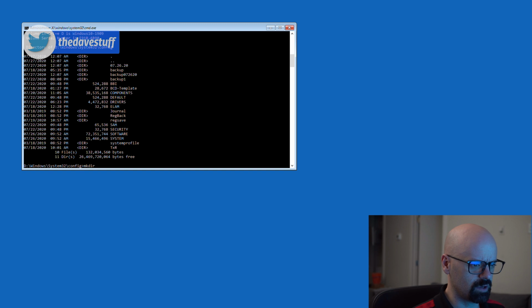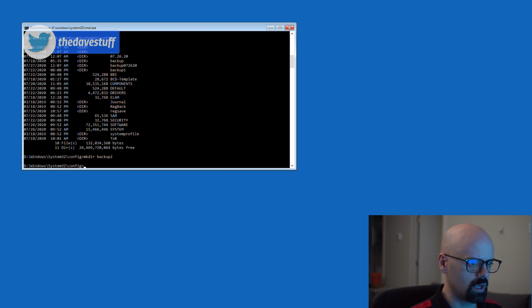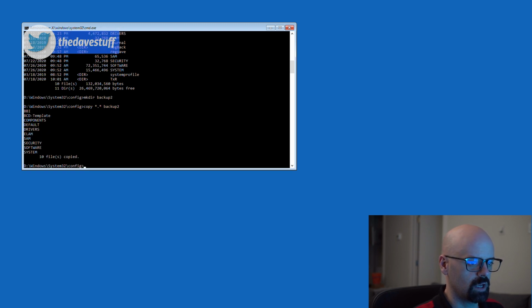So I'm going to make another one called mkdir, which stands for make directory. Just call it backup2. And there won't be anything in that directory. So if I copy everything, copy asterisk, into, and then type backup2. And it copied all the registry files that's required to backup2. So if I go to backup2,